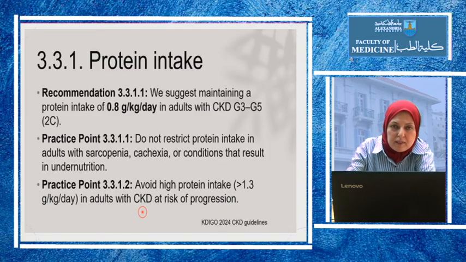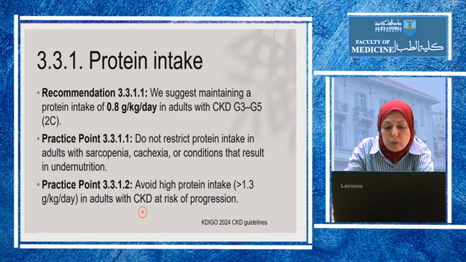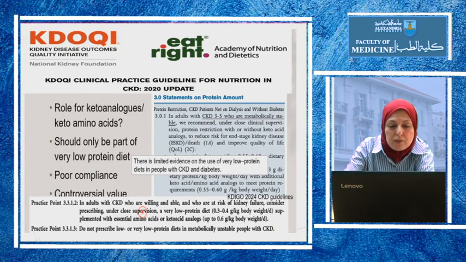Patients who are bodybuilding, or doctors who are bodybuilding, actually eat more than 2 to 2.5 gram per kilogram per day, and this can cause secondary focal segmental glomerulosclerosis in some patients. So whenever someone is eating too high protein or for bodybuilding, I recommend that they also monitor their renal function.